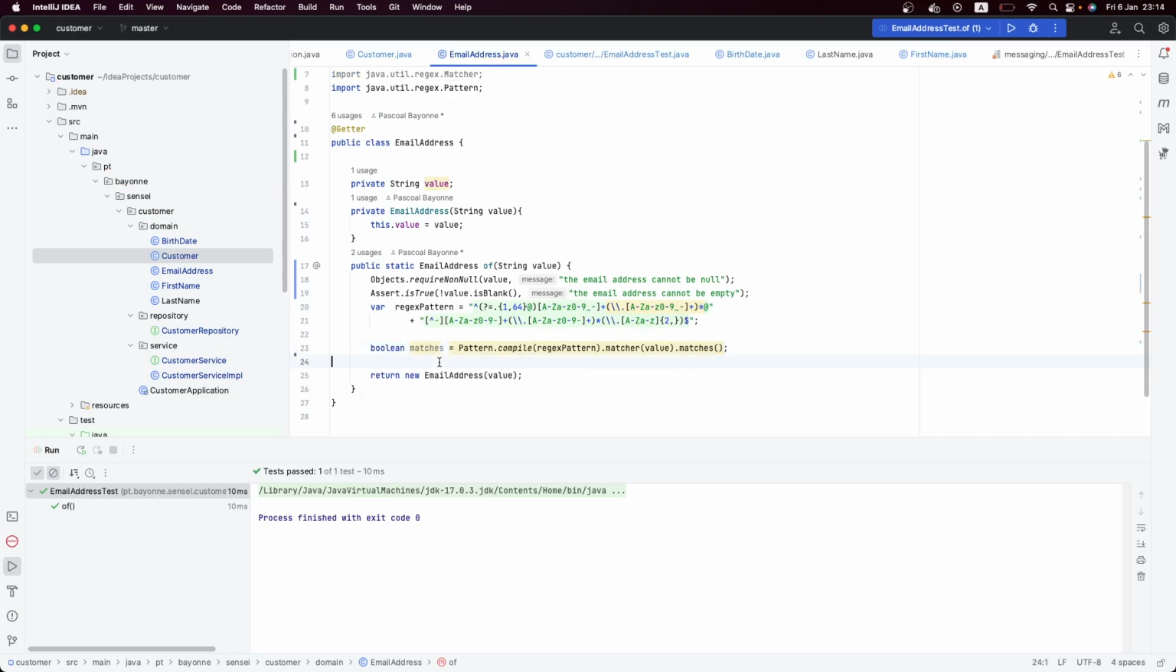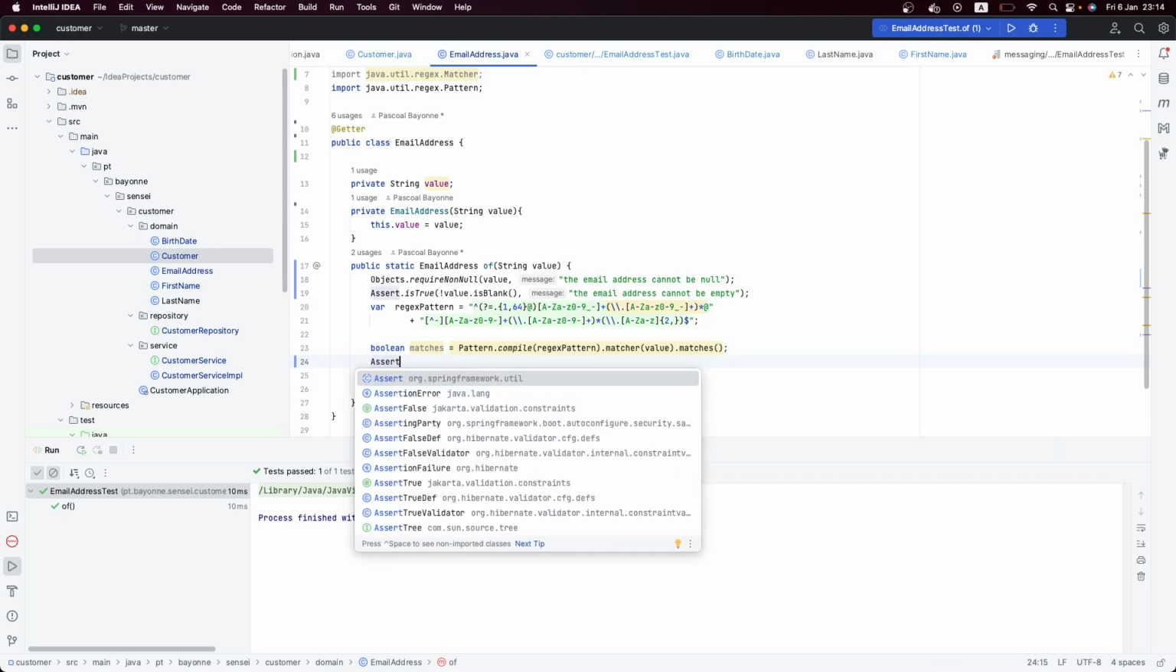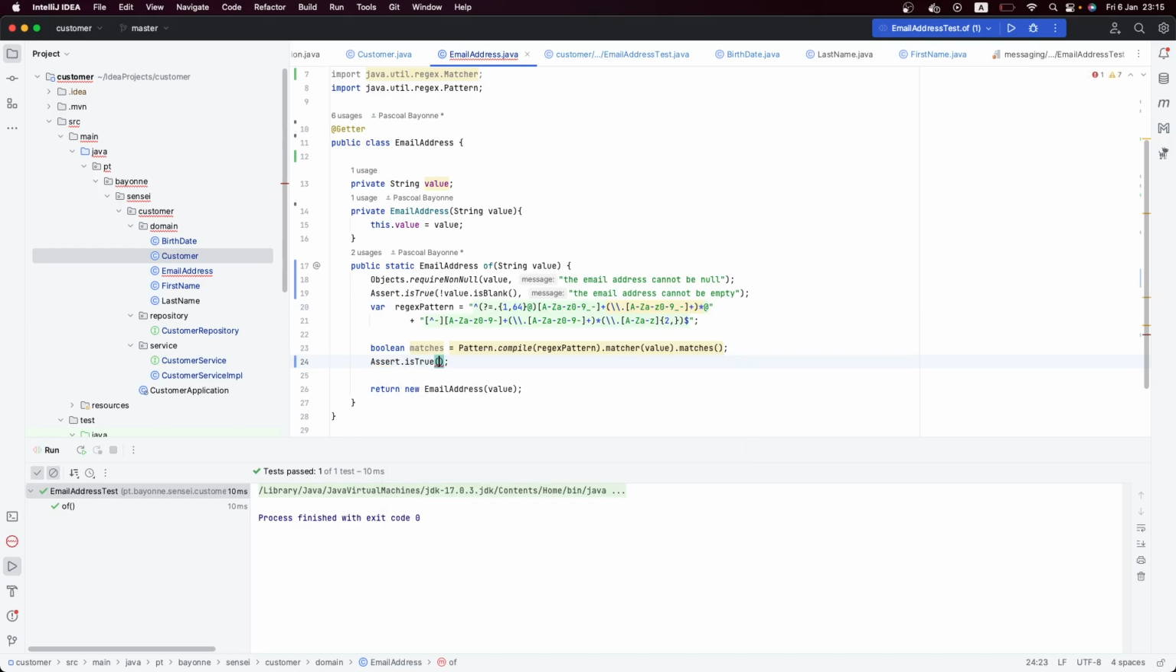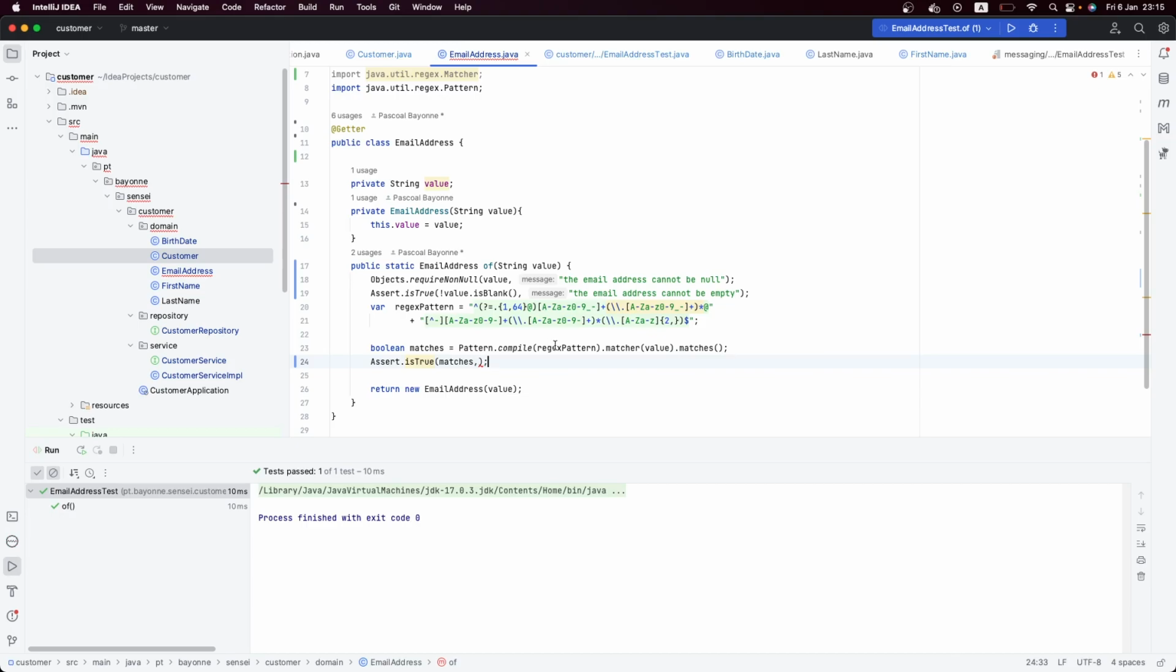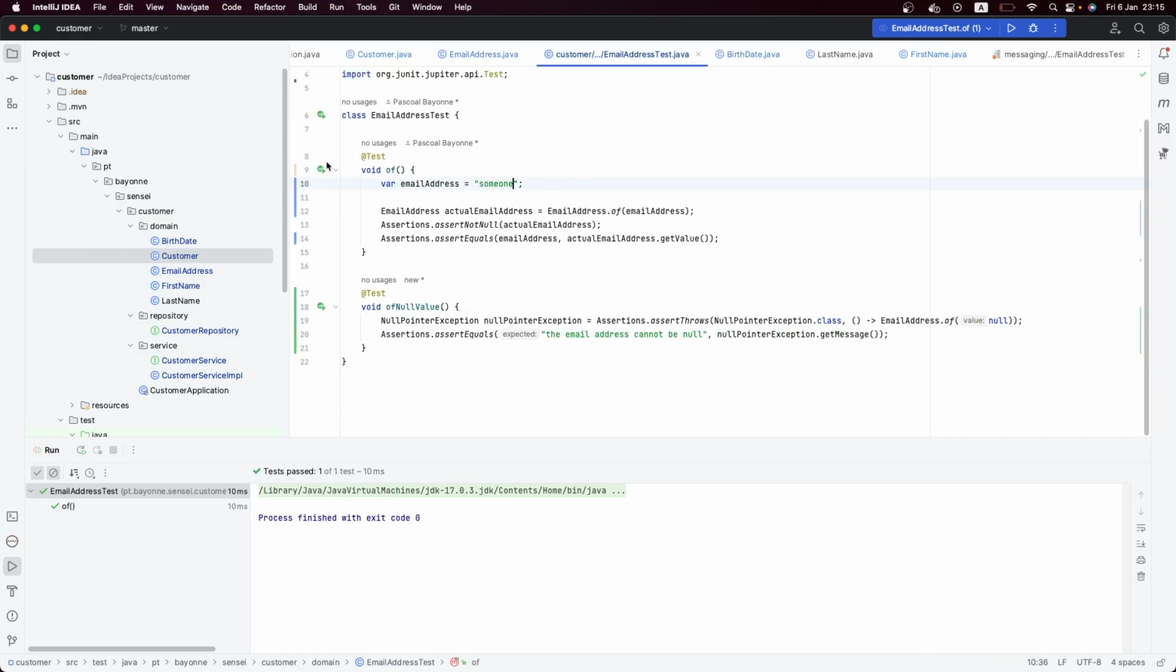It will return a boolean. And then we will assert also. We will use here the assertion, and we are going to tell that it matches. It should be true. The value should match the regex. If it doesn't match, it's a boolean, we are going to say, for example, invalid email address. Now if we run our test,